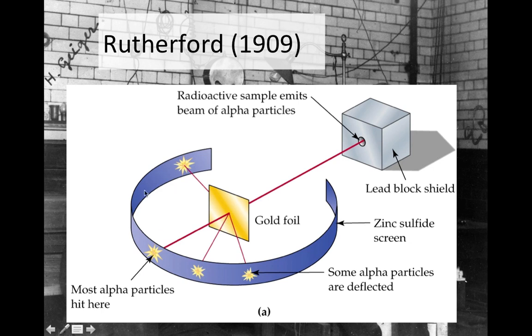And then they had a screen or a detector. It was actually a little tube with a little strip of this which they could move backwards and forwards along a rail. And when an alpha particle hits this detector, it gives off a tiny little flash, which you can see very carefully with the naked eye. But it doesn't happen very often, which is why Geiger and Marsden spent an entire year in the basement of the University of Manchester doing this experiment.